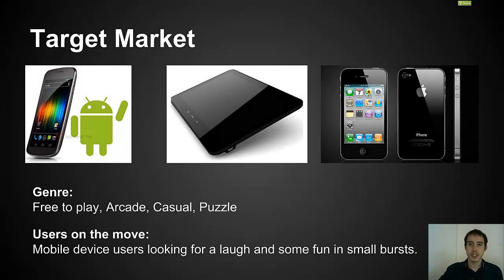Project Sheep is a casual mobile game designed for any user playing on a tablet, a phablet, a cell phone, Android or iOS device, who is looking for quick gameplay that's fun and enjoyable, but is waiting in, say, a train station or bus stop and doesn't have a lot of time to spend on a solid game.